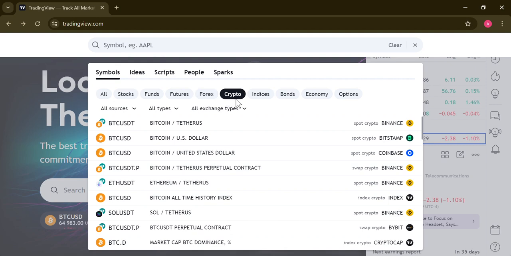All right, now the option I've selected right here is crypto. So let's say I want to do an analysis, or I want to check a trend in Bitcoin to USDT. What I just have to do is select it like this, click on it using my mouse, and click on launch chart. But wait, before you launch the chart, move your mouse away just like this. Then make sure that the platform showing alongside the asset is the right platform that you want to place your trade on. For example, if you want to place a Bitcoin to USDT trade on Binance, this will be